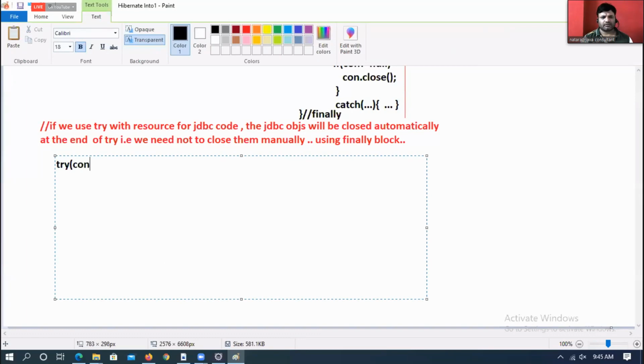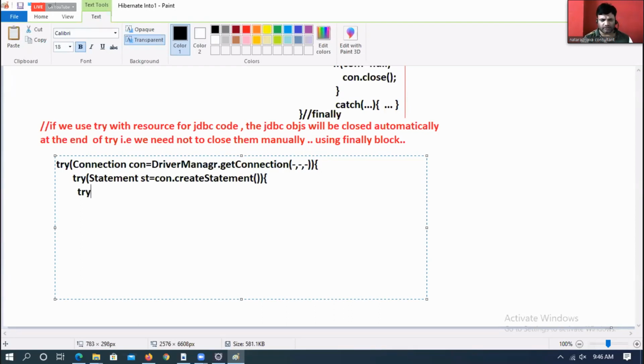Try, Connection con is equal to DriverManager.getConnection(...) { Try, Statement st is equal to con.createStatement(). Super.